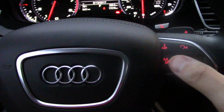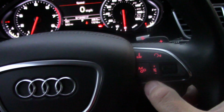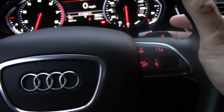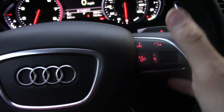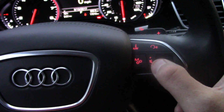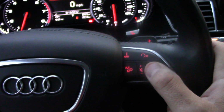So I'll go over here to the steering wheel, and you have navigation controls, voice controls, just like in most cars. It took me a while to find this button. This button right here is what locks it into manual mode for the transmission, so that the paddle shifters don't try and go back to automatic, which I didn't know until after I'd driven this thing for a little while. Volume controls, like on a lot of newer Audis, it's on a knob, not on a button,